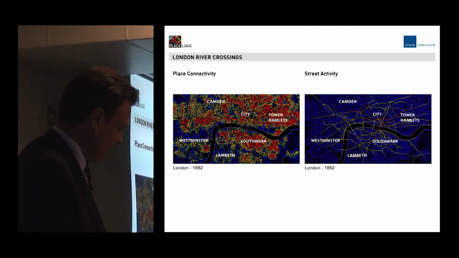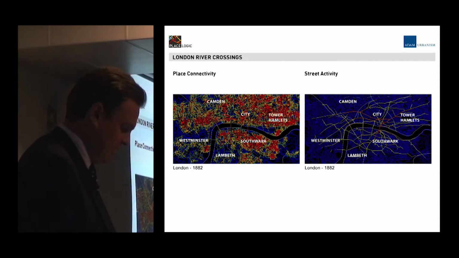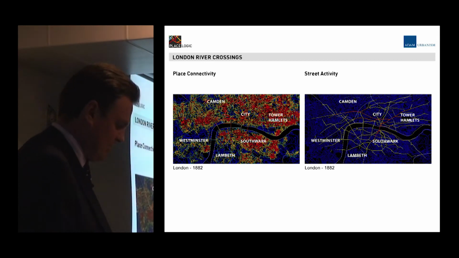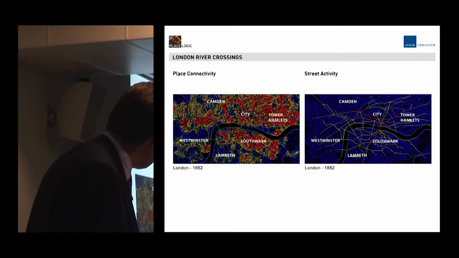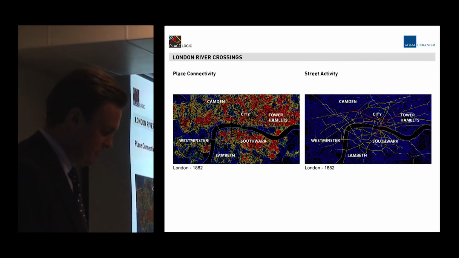London's obviously grown a lot in the intervening period. There are now 8 new bridges that have appeared in the last 140 years. And you can see that London has spread out significantly to the east. There's a lot more heat, if you like, over towards Tower Hamlets and beyond the city. And also, on account of the new bridges, Southwark and the South Bank areas developed enormously. And on the heat map of street activity, you can see there's now a network of roads that connect those busy areas together.